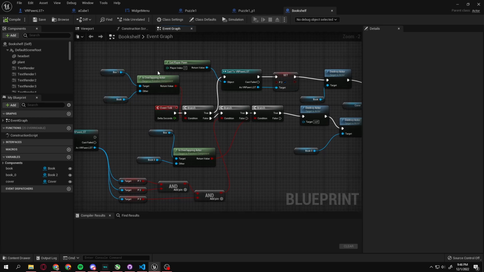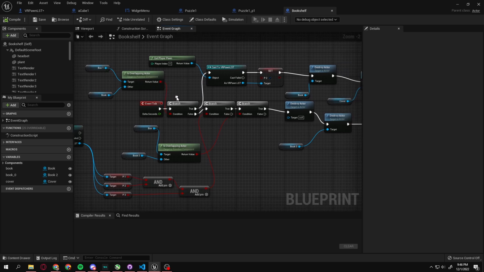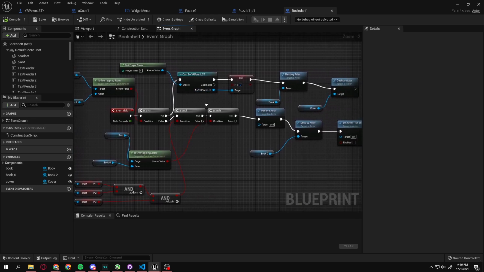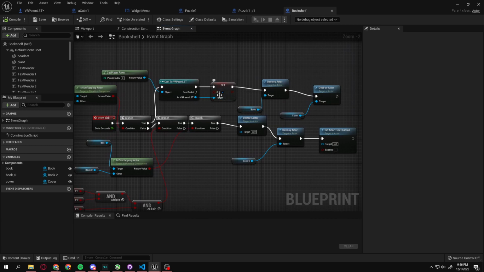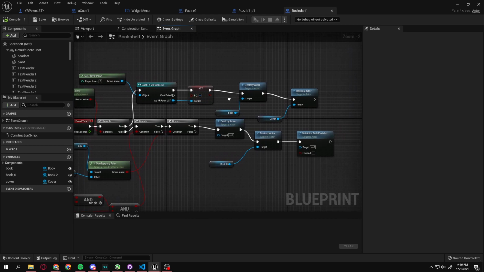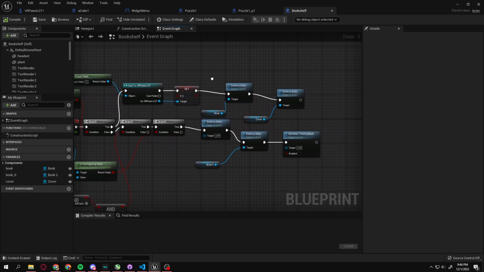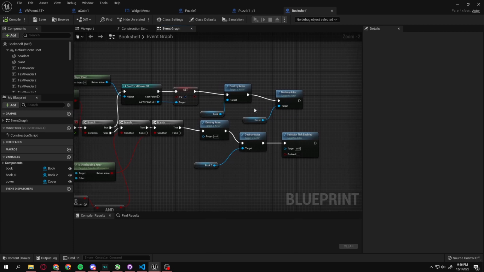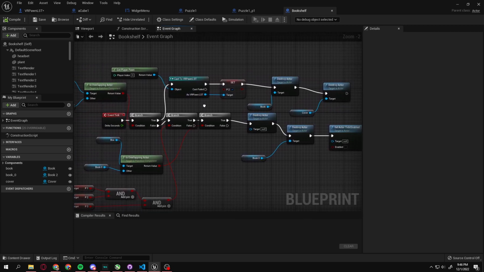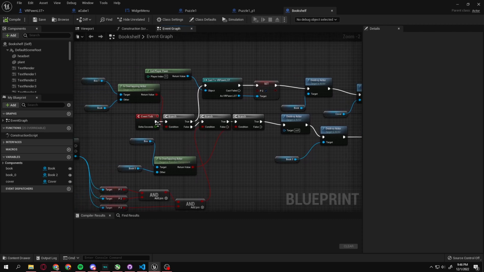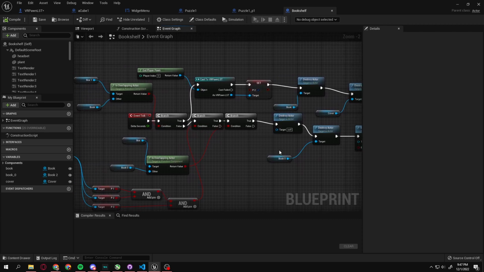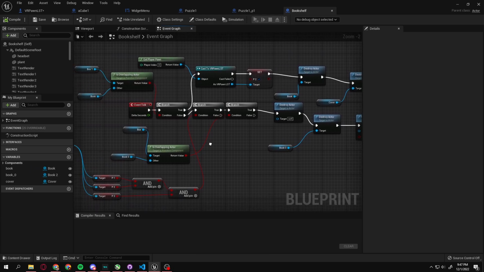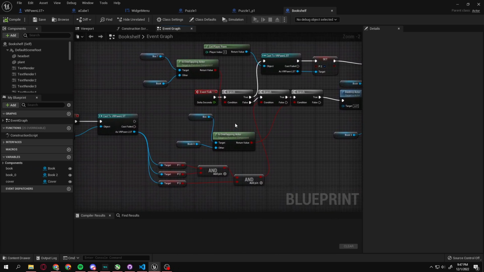So when the player overlaps the book with that box, we'll go into this branch right here, which will set another boolean to true, just again to show progress. And then it will destroy the book and it will destroy a cover for the next clue, similar to the last puzzle. And since it's destroyed, when it ticks again, it will check for the final portion,